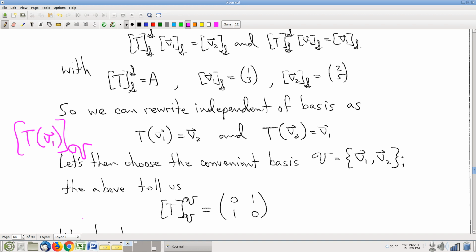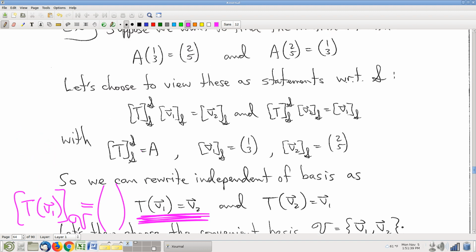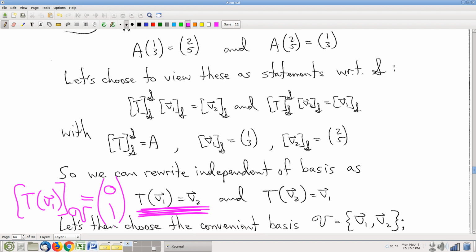Okay, well, conveniently, this statement right here tells me T of v1. It's easy to write T of v1 using that statement. How do I write T of v1 as a linear combination of the vectors v1 and v2? Well, T of v1 is v2, so this is 0 v1 plus 1 v2. So 0, 1